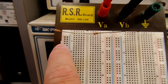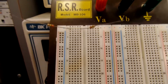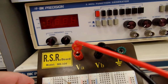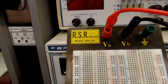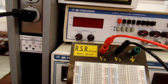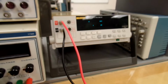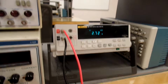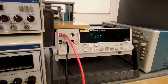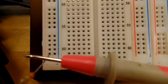Now if I go over here to these rows of 2, what you see is they are connected as you go up and down. Instead of side to side, they're connected up and down. So if I was to put a resistor in the top hole and the bottom hole, then maybe gravity will help. I see that I've got continuity all the way through. I've got a low ohmic reading, which means from the top all the way down that row to the bottom,